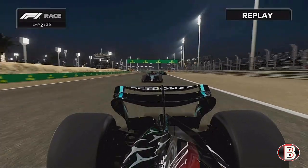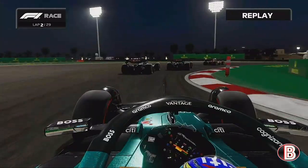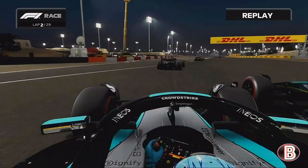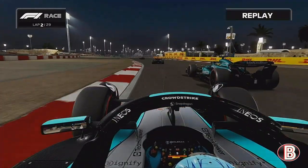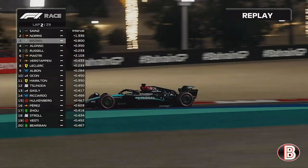George has a DRS well off of Lando, but that's not going to stop us going for the lunge down the inside, getting the job done, and we push George and he's lost out to Fernando Alonso as well. Next up the road, can we get